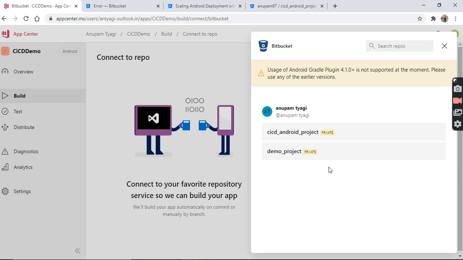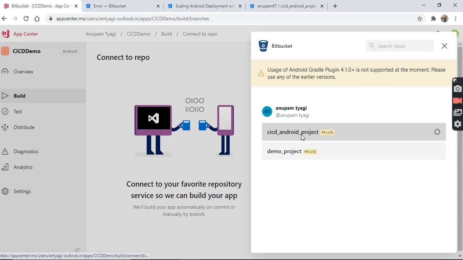As you know, I configured a demo project repository on Bitbucket, which I showed in my previous video for learning Git with Sourcetree and Bitbucket. But now for learning CI/CD for Android, I have created a new repository, CI/CD Android project. I will configure CI/CD Android project because I will do automatic builds for Android only.